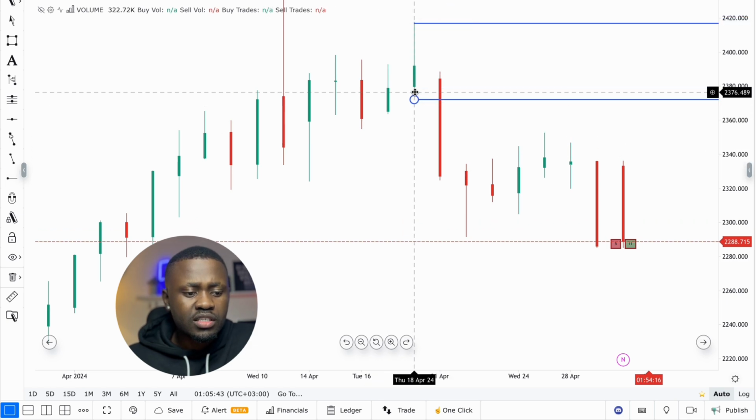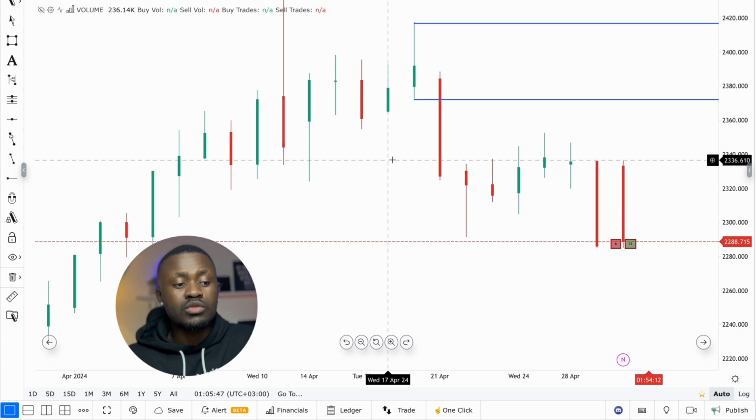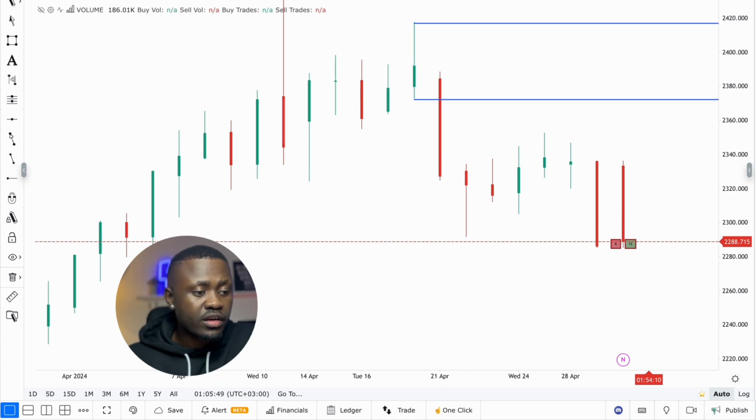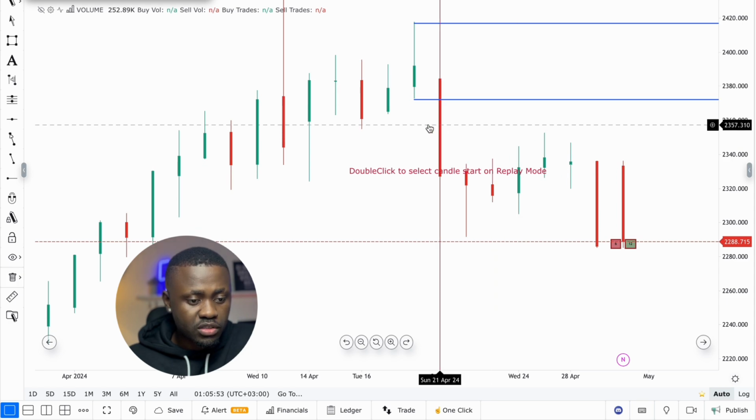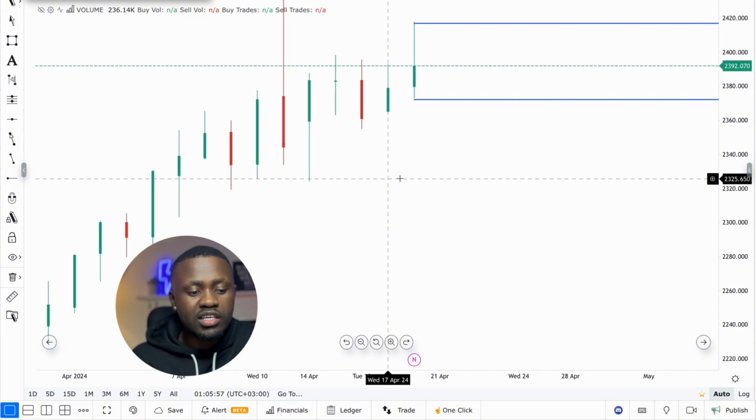So after doing that, remember we are backtesting. We want to see how price will move in the future, as you can see. So I'm going to cut out all this. We're going to cut all this out, as you can see. As you can see, guys, we have cut out all that data. Now we just have